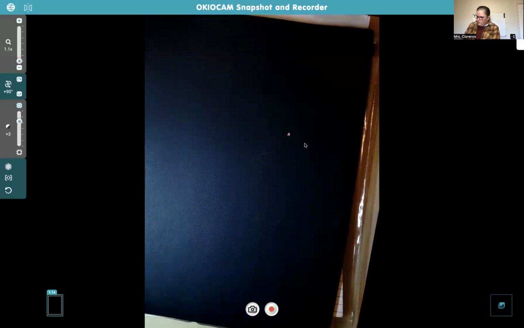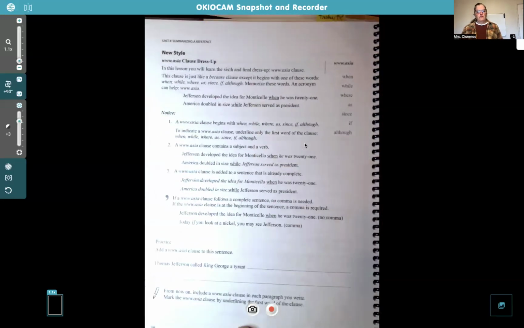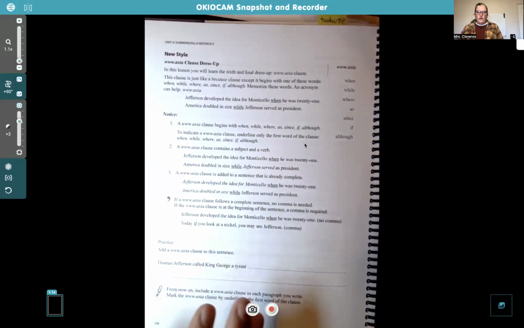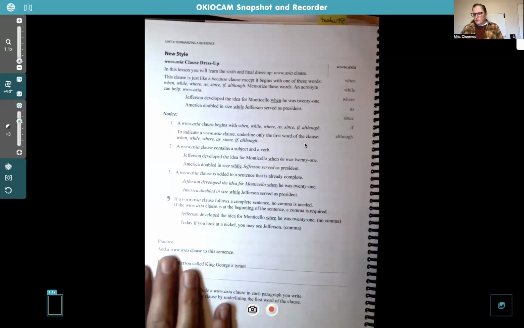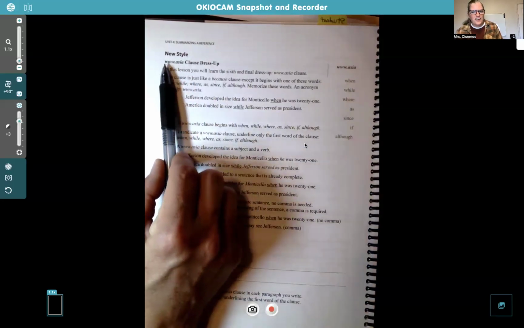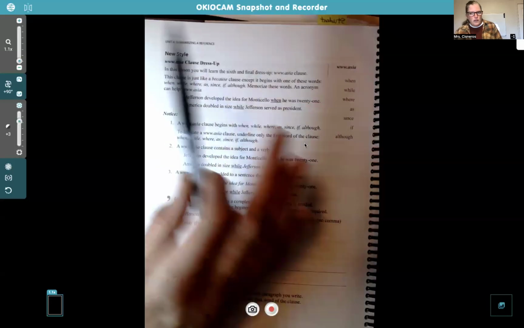And this is like a speed lesson, like I told you. So page 104, we are introducing a new dress-up word. I'm pretty sure both of you, I know for sure Nasiah knows this one. And I'm pretty sure, Derek, you know this one too from other classes, but we're bringing in the www.asia word. Notice there's no .b here. That's because you already have the because clause on your checklist. So we're leaving out because in this one.